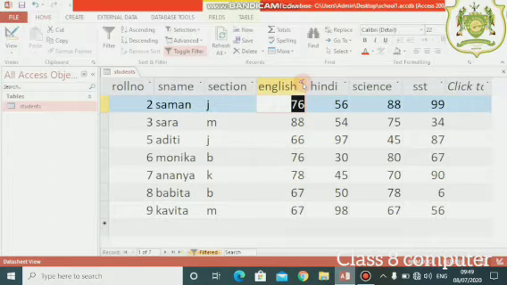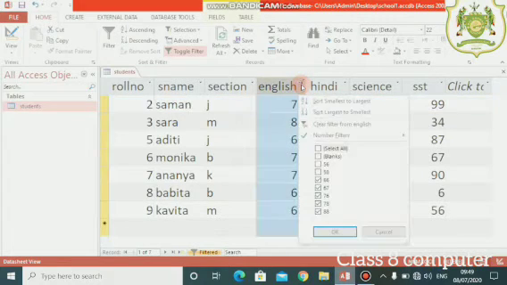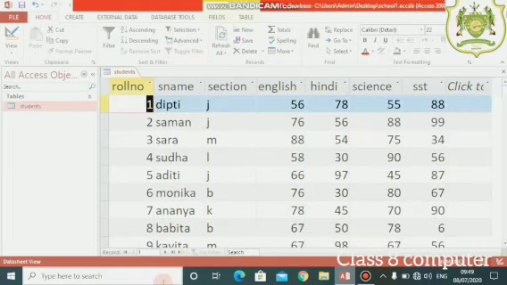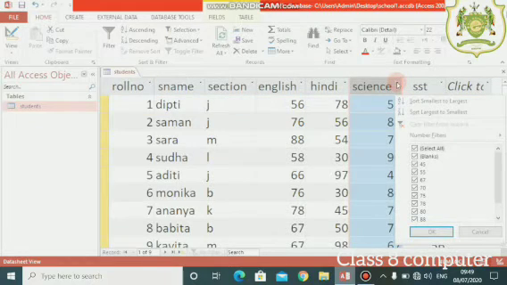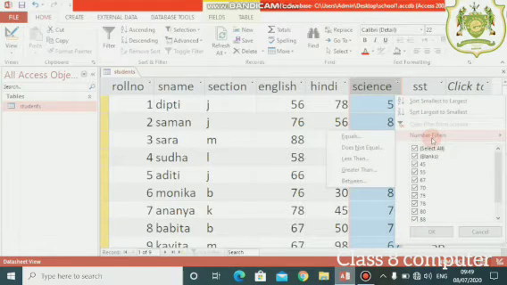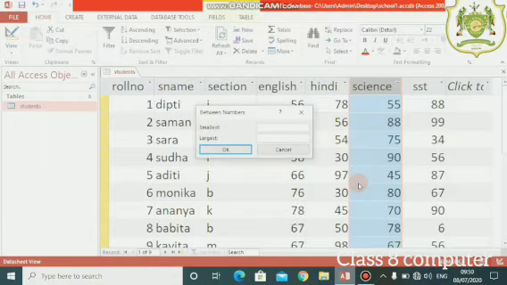Again, to remove the filter, what we have to do? Again click on this and there is an option clear filter from English. Let me tell you the option of one more filter, that is Science. I want to apply the filter as go to the number filters and I want to display the names of those students who have scored between